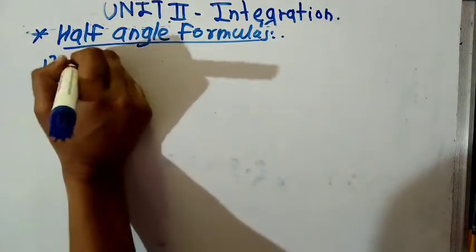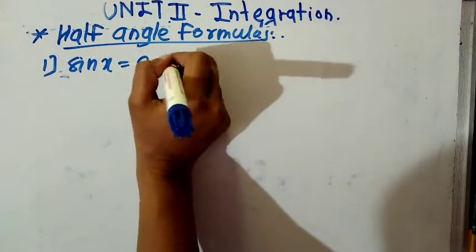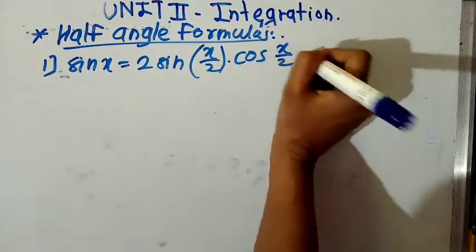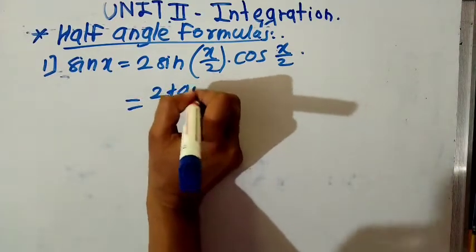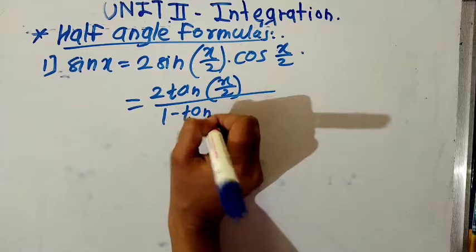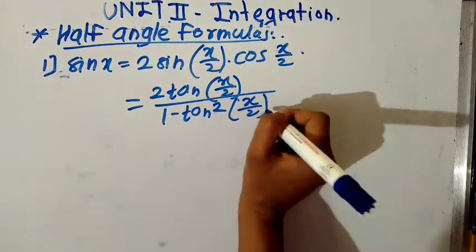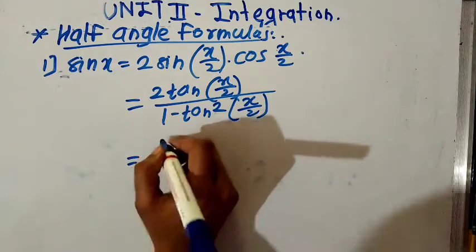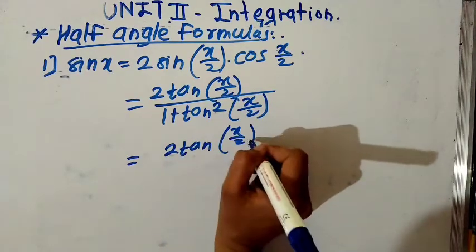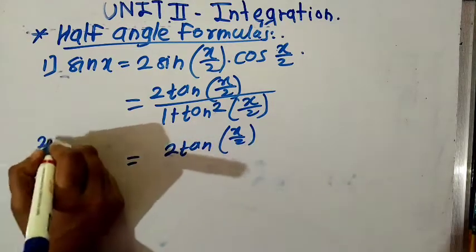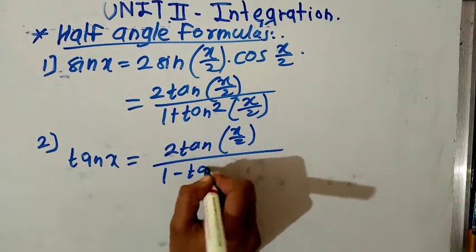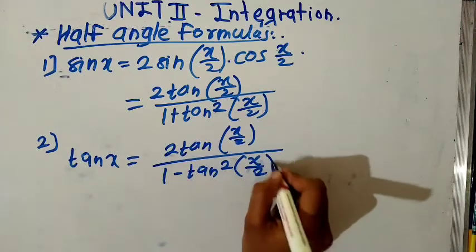Half angle formula, first sin x is equal to 2 sin x upon 2 into cos x upon 2, which is equal to 2 tan x upon 2 upon 1 plus tan square x upon 2, and second tan x is equal to 2 tan x upon 2 upon 1 minus tan square x upon 2,